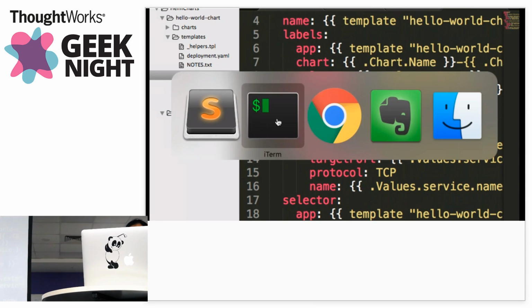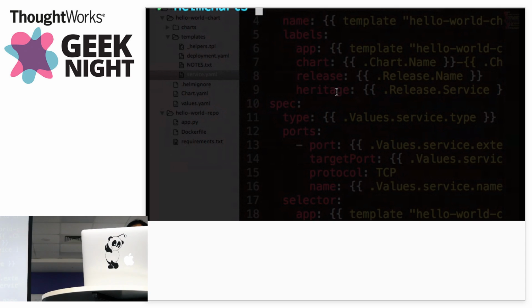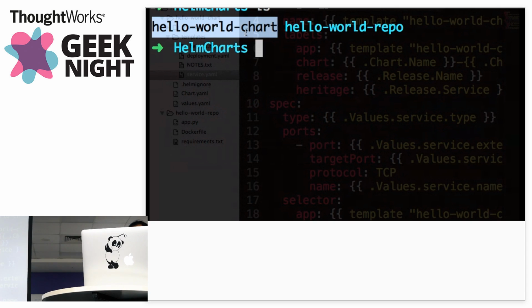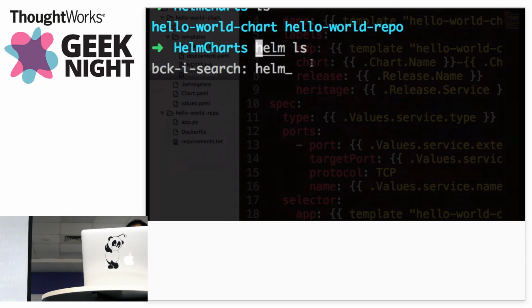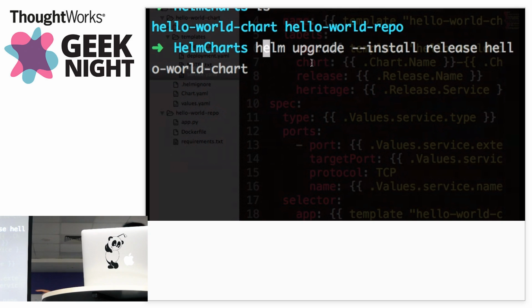So I have my chart over here. I say helm upgrade --install. So I'm going to say if a release already exists, upgrade it. Otherwise, install a new version. I'm giving a name for my release, which is called release itself, and I'm going to use the chart hello world chart. When I hit this,